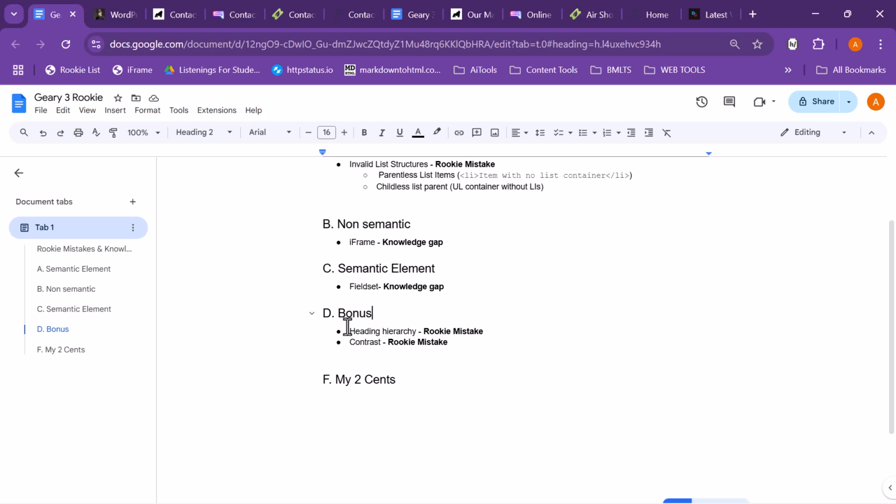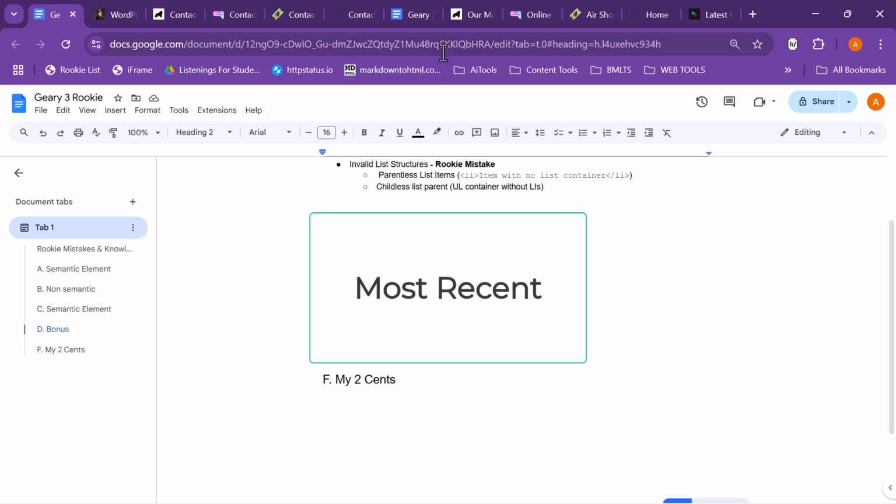Okay, bonus. Now, we've seen enough heading hierarchy and contrast failures on Geary.co from my previous audits, and I don't think anybody would want to see that again. So what we'll just do is take a look at the same mistakes on the client websites we have shown today. I just found pages that fail the heading hierarchy and the contrast at the same time, just to save us some time. So let's start in descending order of websites he built. The most popular, which is